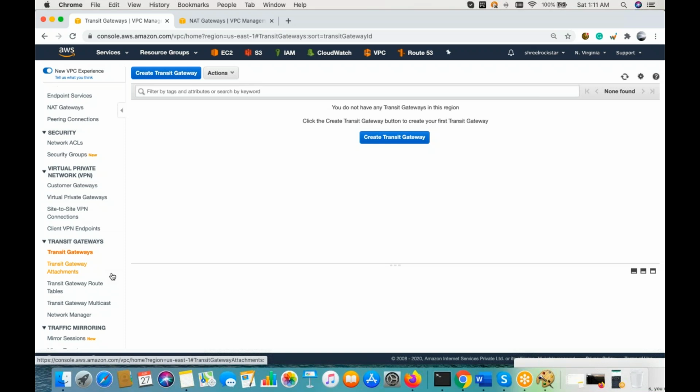Transit Gateway is a benefit to connect your thousands of VPCs with a centralized location. It means you can use Transit Gateway as a centralized point, so that if you have multiple VPCs or multiple accounts, you can manage traffic centrally, right? That is the benefit of Transit Gateway. Again, it's chargeable, but this is a very cool option to provide communication between your multiple VPCs from a centralized location.